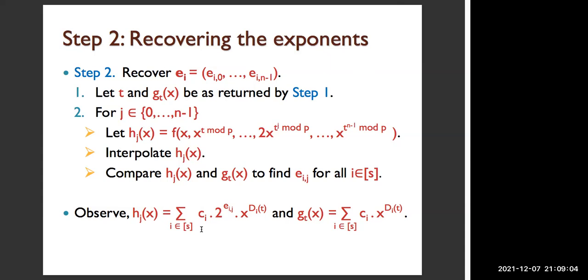And I can do the same thing for all I now, right? For